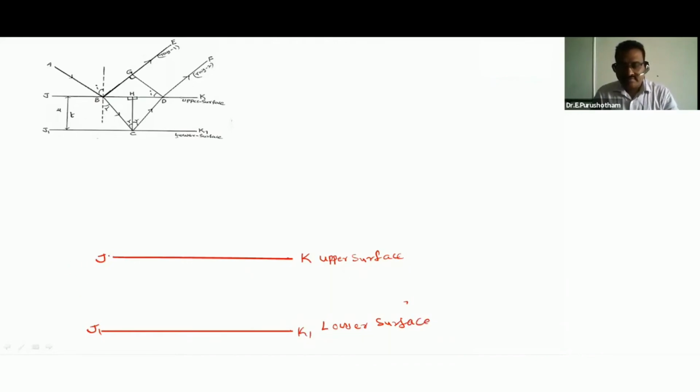So here this is small t, not capital, small t. That is the thickness of this thin film. Mu is the refractive index. Here, this is the normal line. You can observe, this is the normal line. So the light